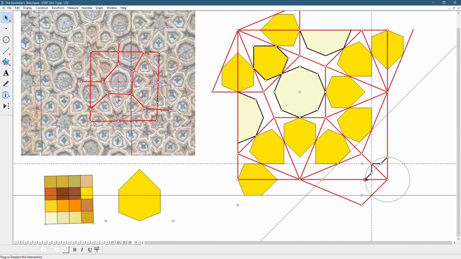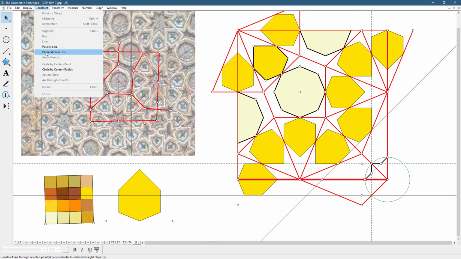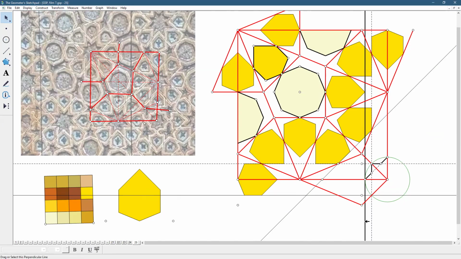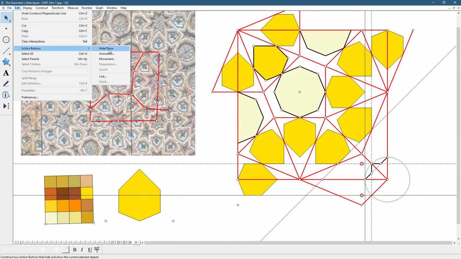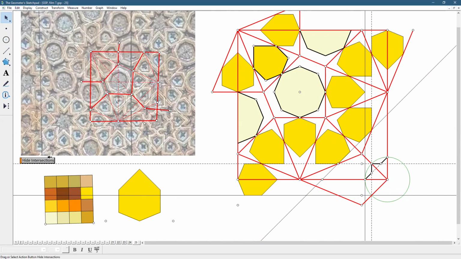Now, at this point, I construct a perpendicular line. Okay, make it thin because it is over, so the line style thin. Okay, I have to hide these two points, but let's make it with the button. So hide these intersections. And now normally what we do when we design a star like this, we take this